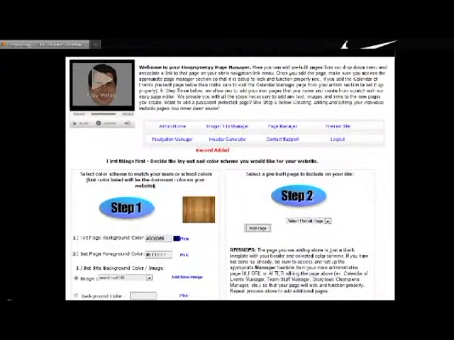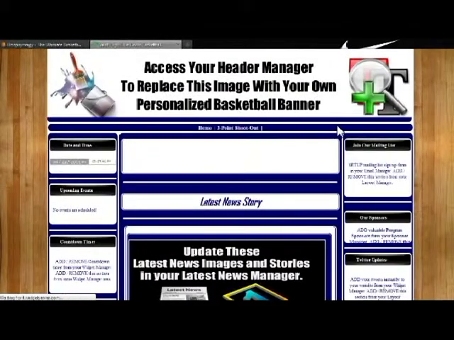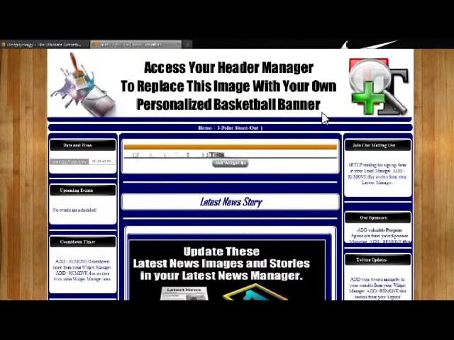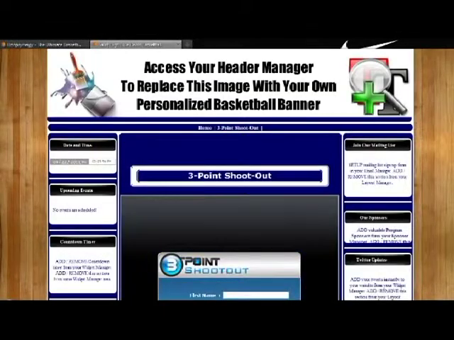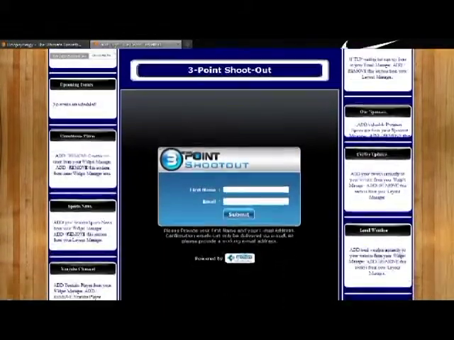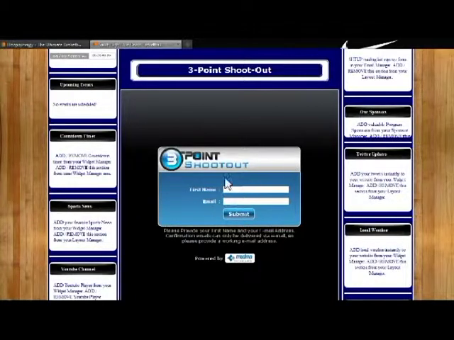And anytime you can check to make sure it's been done, you just need to click preview site at the top, and you'll see here's our basic template. We really haven't started building this site yet, but you'll see right now 3-point shootout has been added as a menu item, and you can access that page by clicking, and you'll see now the 3-point shootout game is all set up and ready to go. All your website viewers need to do is fill in their name and email and begin the contest